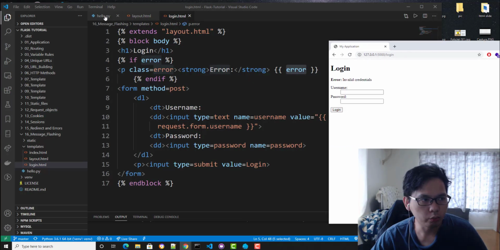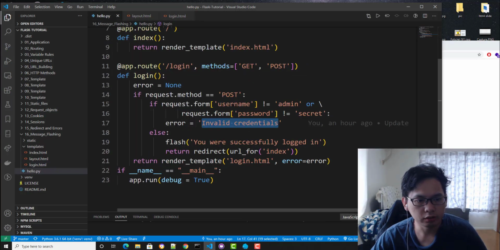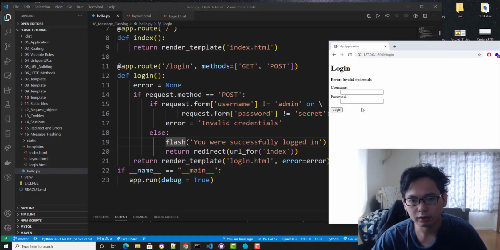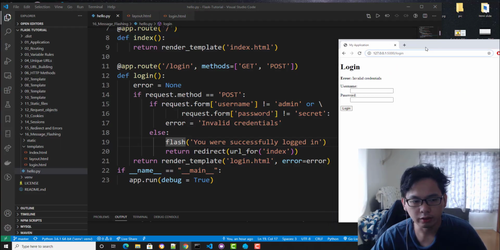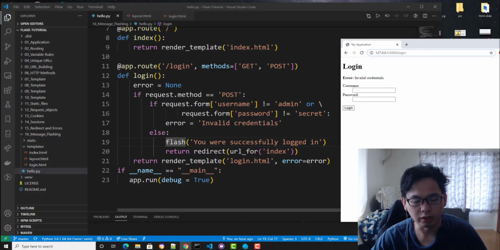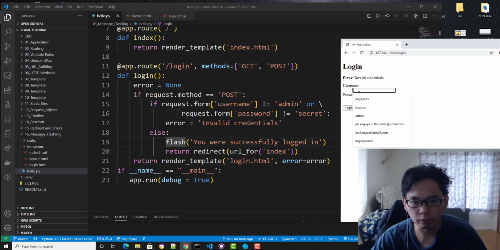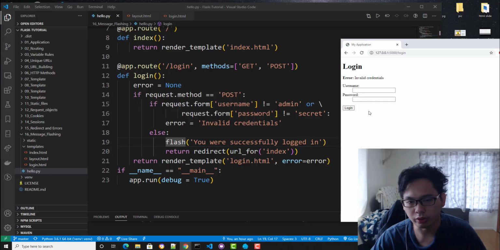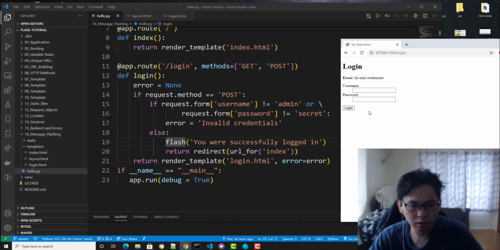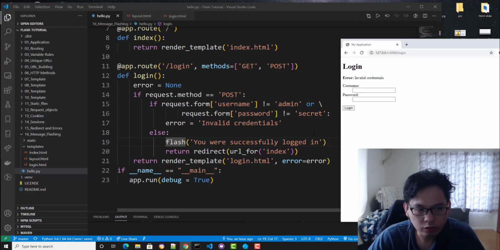Okay, in this part we're going to learn about flashing. It's something like telling the viewer they successfully logged in. It's built into Flask, but I don't like to do this; I can build this in JavaScript. Like if you don't put your username or password, you can do that in JavaScript too. But you may encounter this, what is flash.